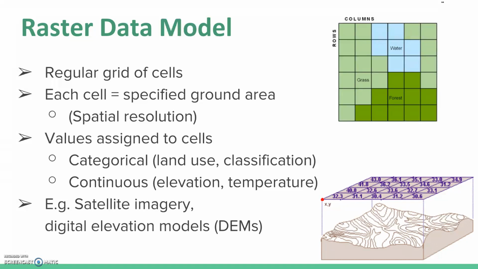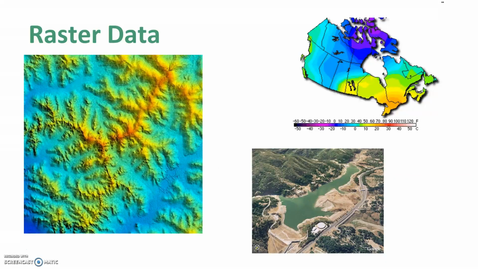For example, satellite imagery provides us with a raster, and within every cell we might have information on the red, green, and blue color within that raster cell, which gives us what we know as a normal image. We may also have digital elevation models, which gives us elevation instead of red, green, blue information. Raster data comes in a number of different formats, and we may use it to represent different features or